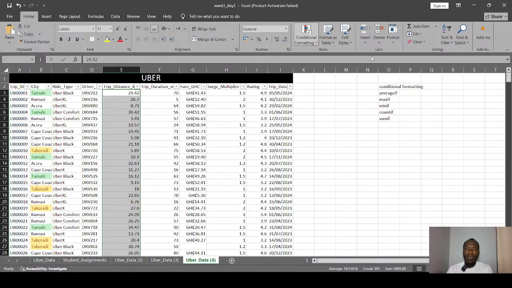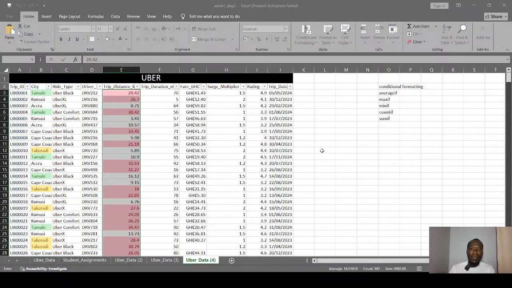And then we can look at how to highlight greater than, right? So let's do the greater than one. So conditional formatting, highlight cells rules, then you go to the greater than option. So let's select that. Realize that it has already picked the number. Mine is 17.995, right?